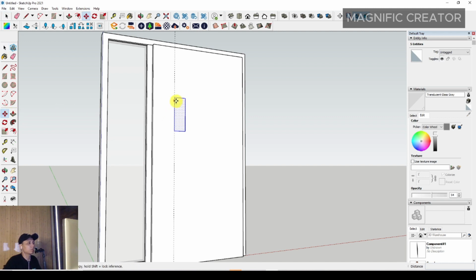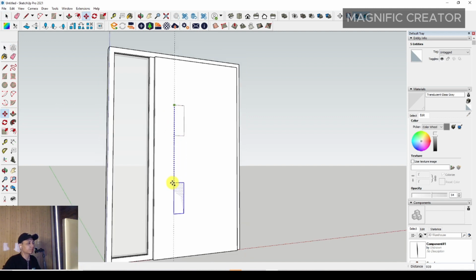Then you can press move and then press control, then you can position on it and just type, you can repeat the step again, and then you can position on it, and you can type 2/ press enter, so it will be arranged